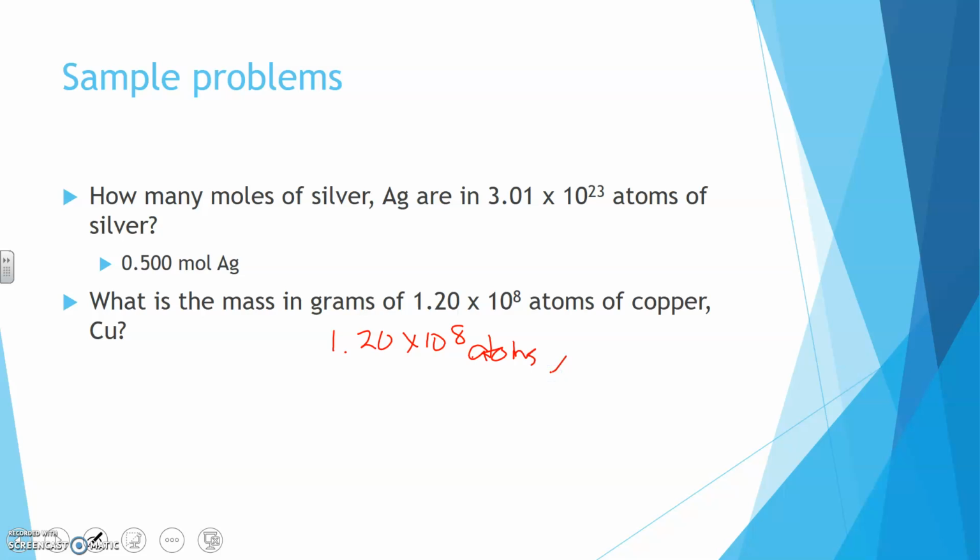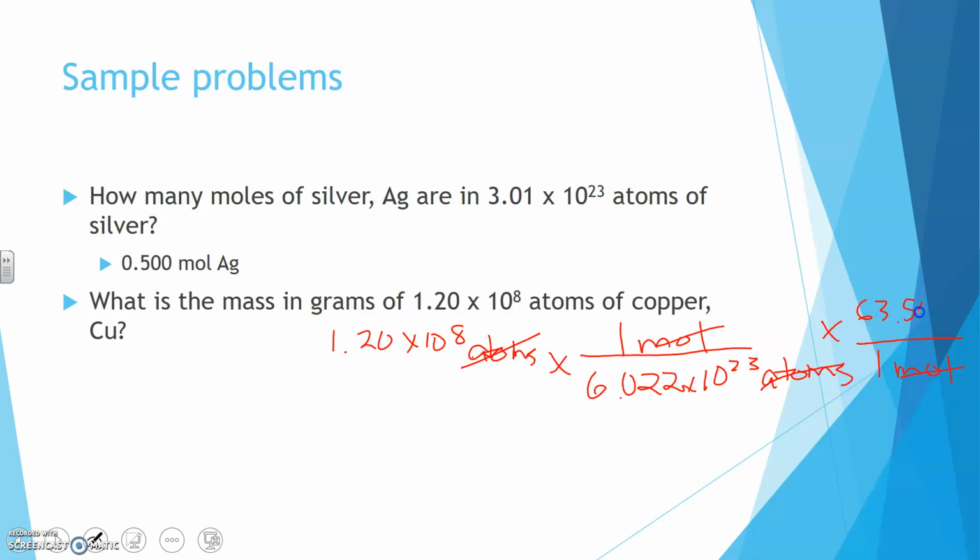So we need to put Avogadro's number on the bottom, because that is our conversion factor here, and then it's under 1 mole. And then we've got atoms canceling here and here. Then we've got moles. We need the moles to cancel. So we've got 1 mole on the bottom here. Moles cancel. And we're going for grams, so we now just put in the molar mass of copper on the top here, and it's